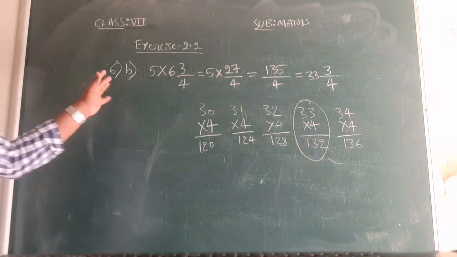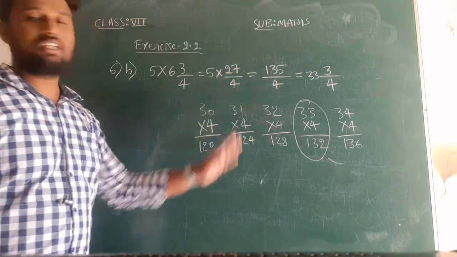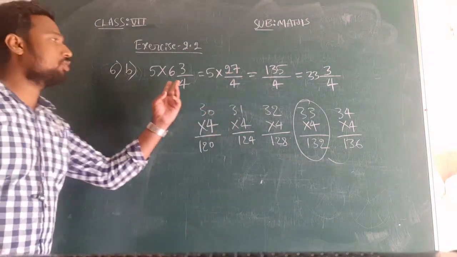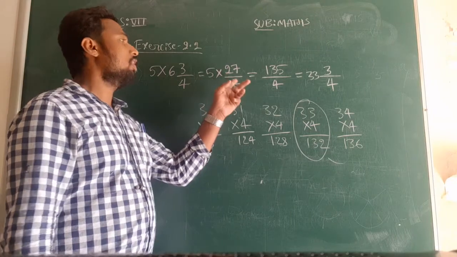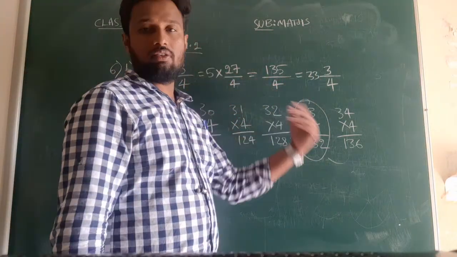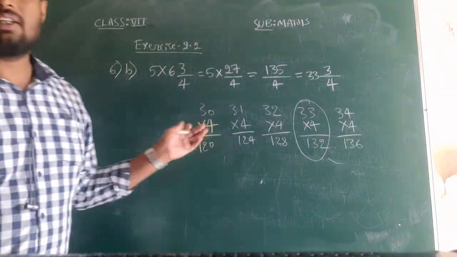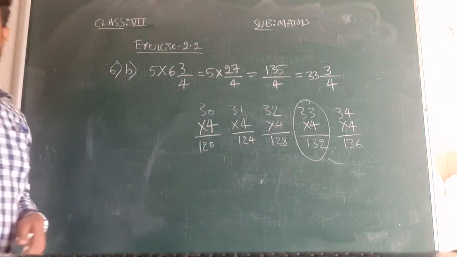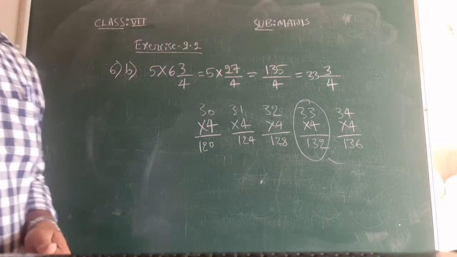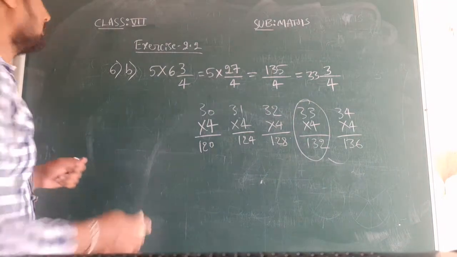This is how you multiply, and then you should convert that value to a mixed fraction. In the first step, we convert the mixed fraction to an improper fraction, then you have to multiply, then again you have to convert that to a mixed fraction. Like this, solve the remaining 2 problems of 6th main. Now I will discuss the 7th main question. Just pause this video and write this answer.